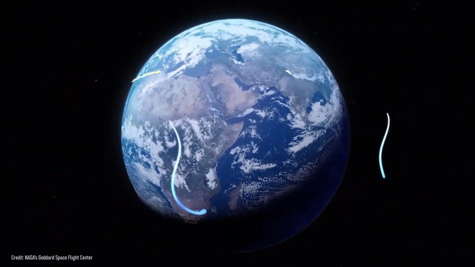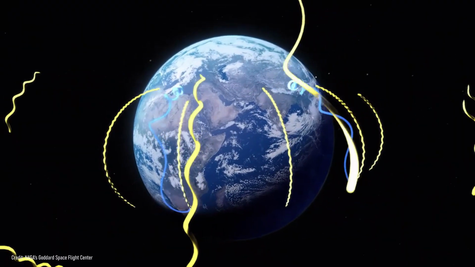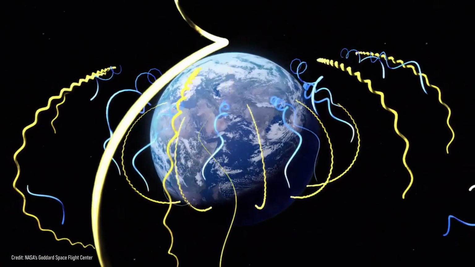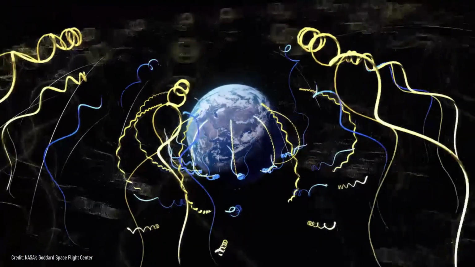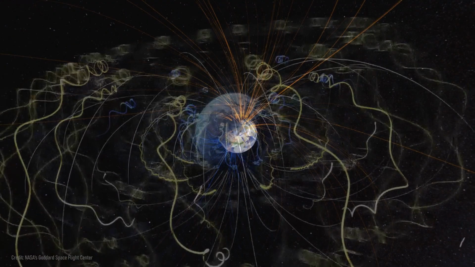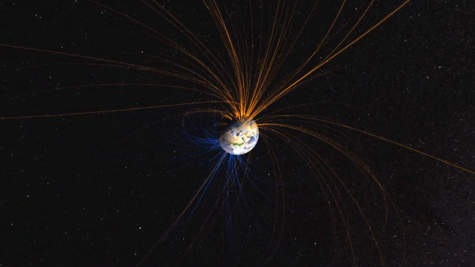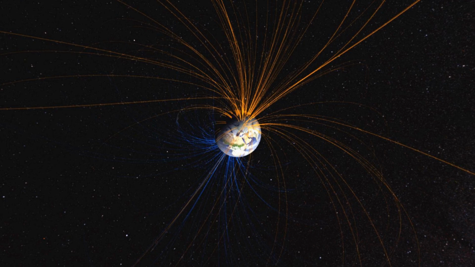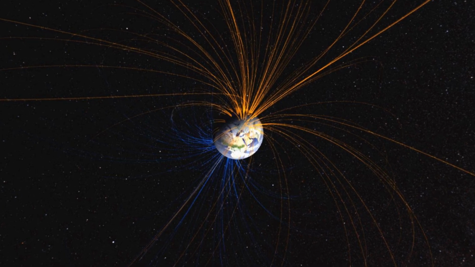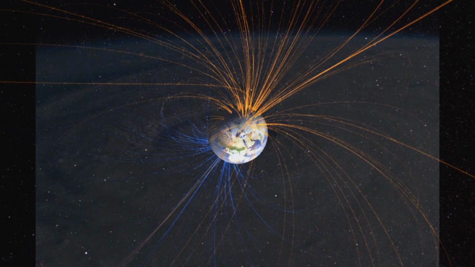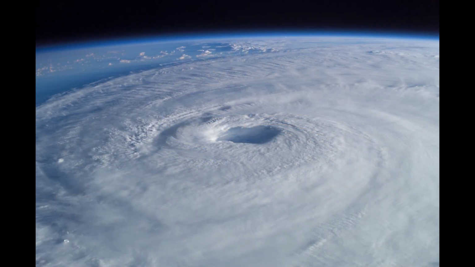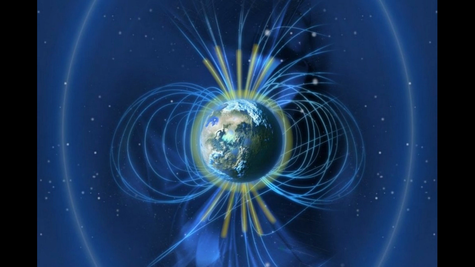So the most accepted theory is the dynamo theory, which says that most of Earth's magnetic field is generated in the fluid outer core. The convective motion of molten iron due to heat, along with the Coriolis effect caused by the overall planetary rotation, generates electric currents in a specific pattern. This Coriolis effect is the same effect that produces hurricanes on Earth's surface. So these electric currents in turn produce a magnetic field.